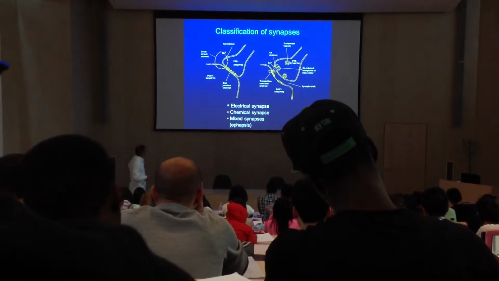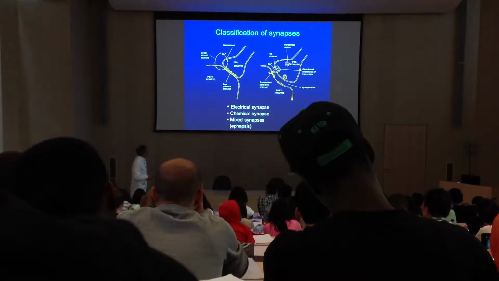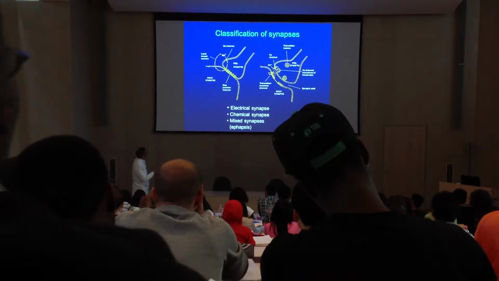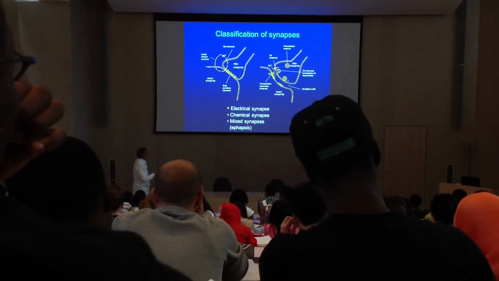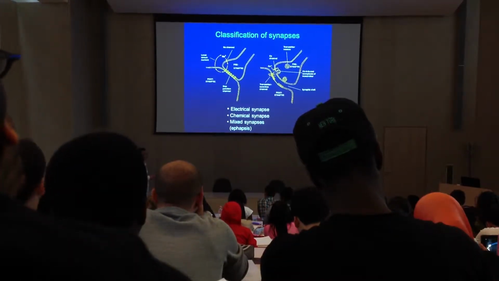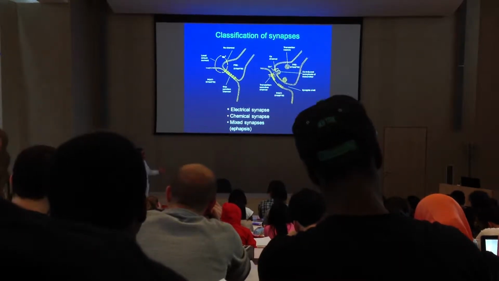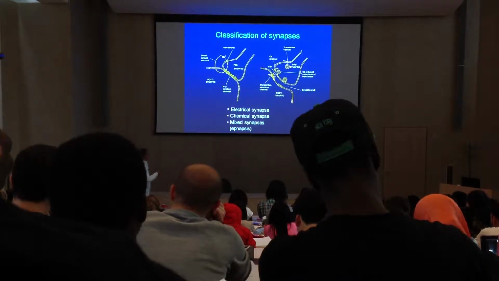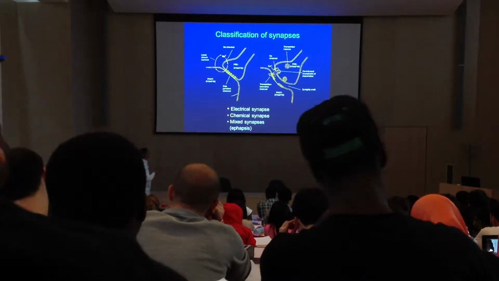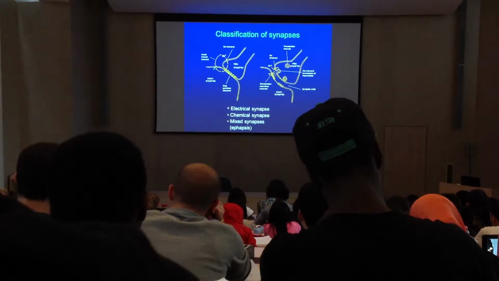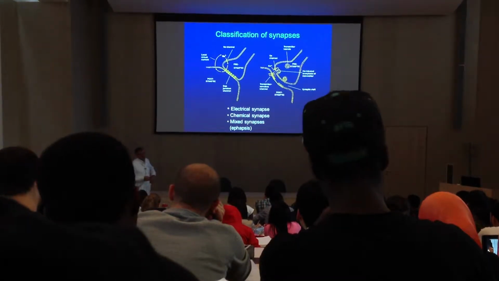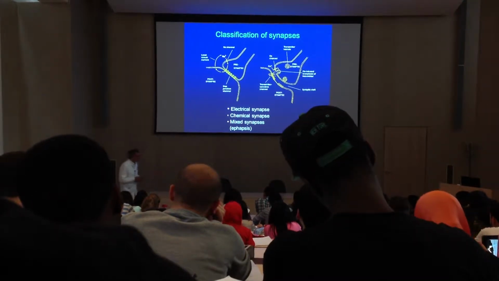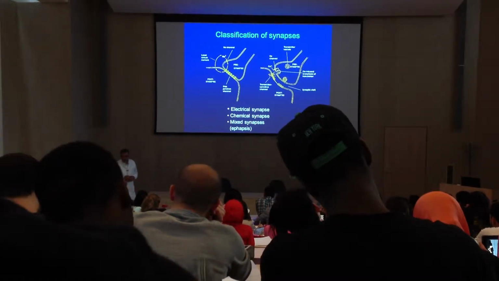mixed synapses. Please also note that in case of transmission of information from nerves to other nerves in the periphery, or from nerves to other types of cells like muscle, it is usually a chemical synapse. Electrical synapses, or so-called gap junctions, are present in between certain cells in our body: smooth muscle cells, heart muscle cells, and in the central nervous system.